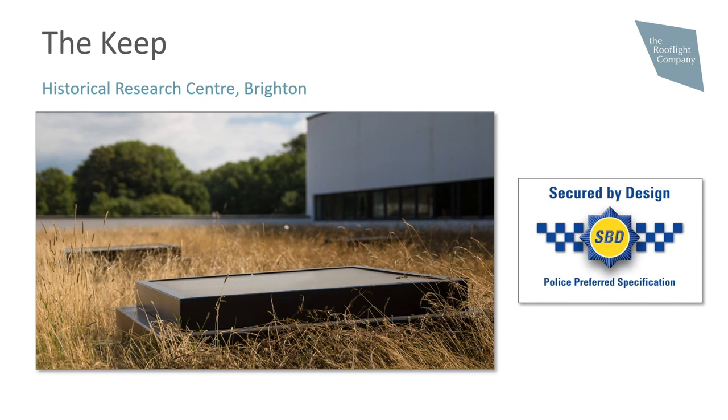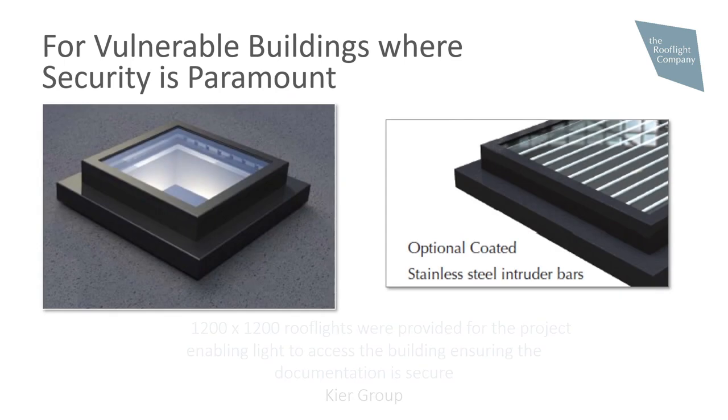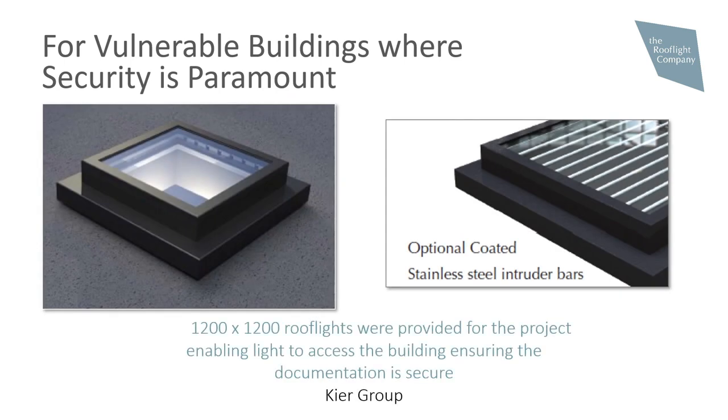The records document the lives of individuals, places and events from across the community, and the building is open to anyone who wants to use the public search rooms and facilities. To accommodate the brief, 11 1.2 square metre roof lights were provided and installed into a concrete curb upstand, certifying them to Loss Prevention Standard